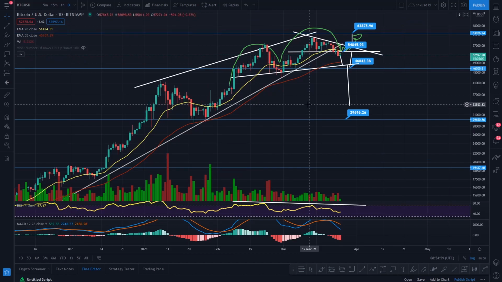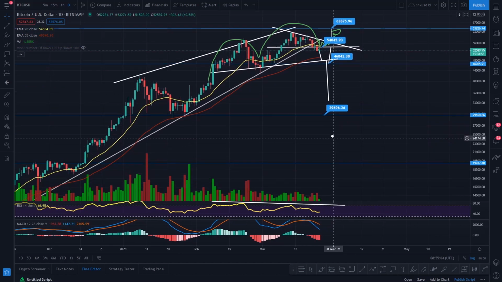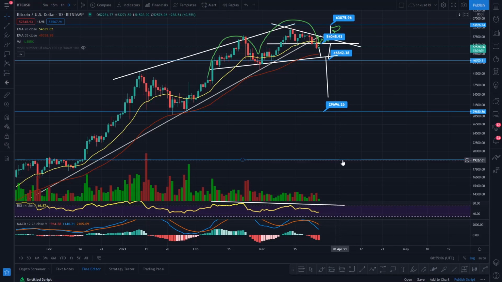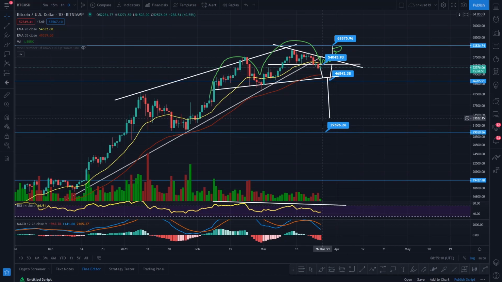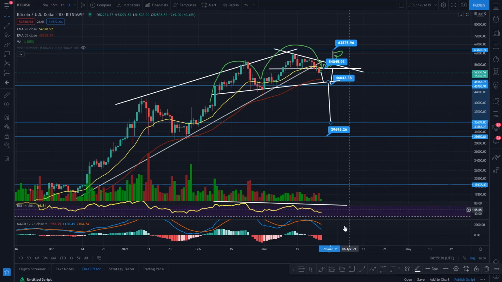I may be wrong, but that's what I've always done, and it always seems to play off for me, okay. So that is, you know, a bloodbath. That's a multi-year bear market down there. This is some kind of support. It's potentially the weekly 55, okay. Potentially, but this level right here is our new target if we were to fall out now of this